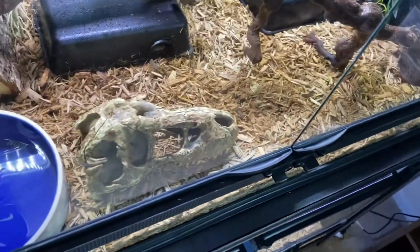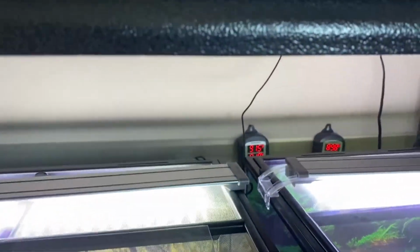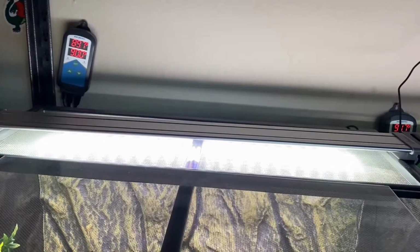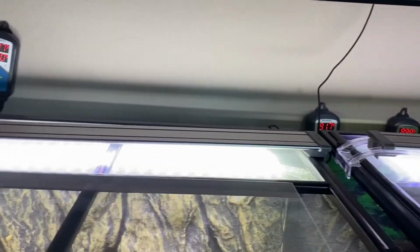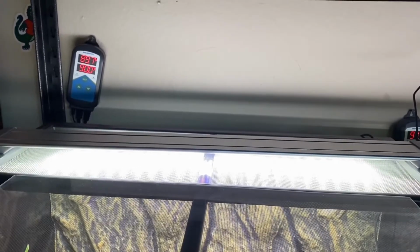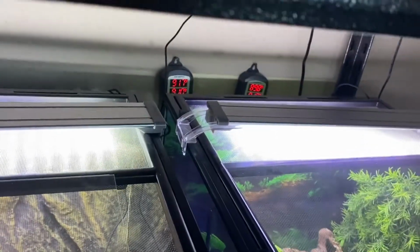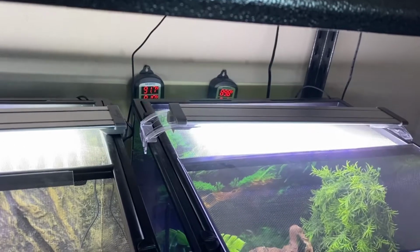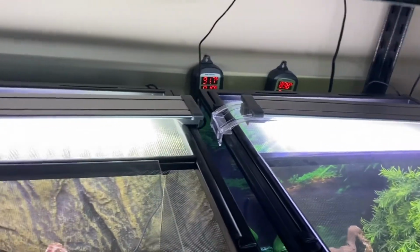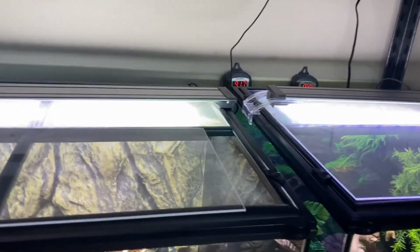Another thing I'll do after I check that, I usually look here, and as you can see, those are my thermostats. The top number you see is the current temperature, and the bottom number you see is the desired temperature. I have 3 of them, since I have 3 different tanks. So anyways, it's really easy to monitor the hot spots because I have reliable